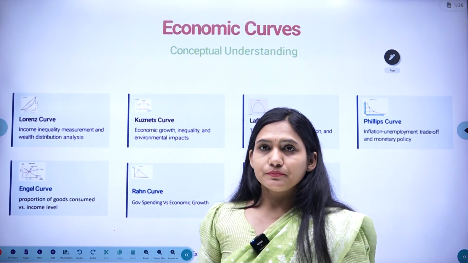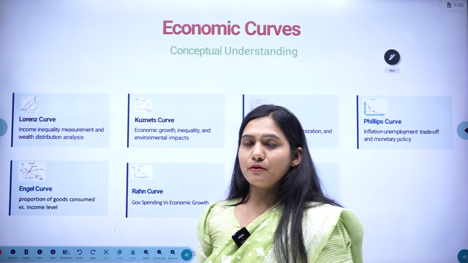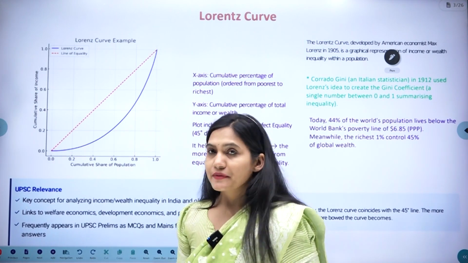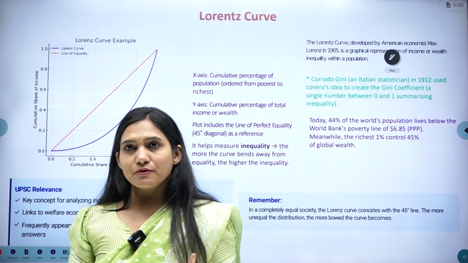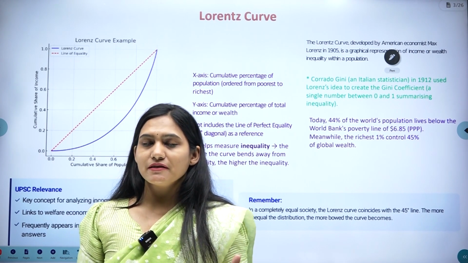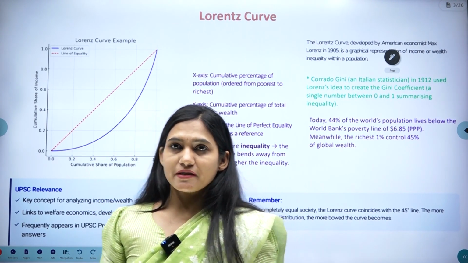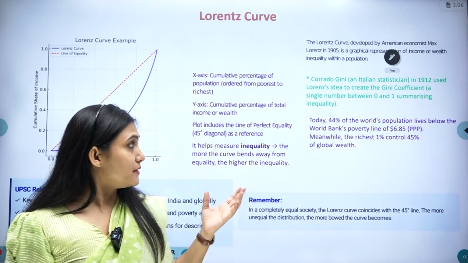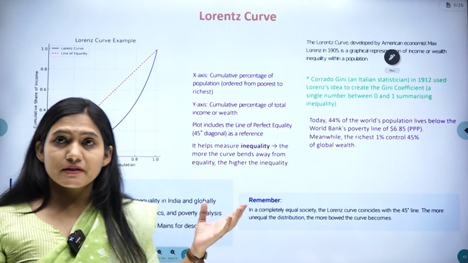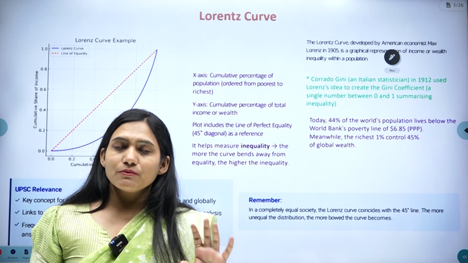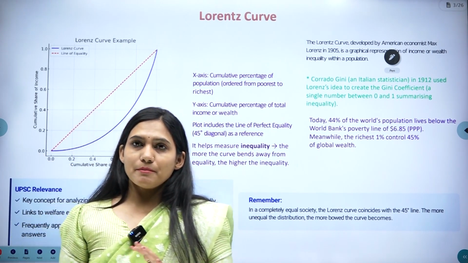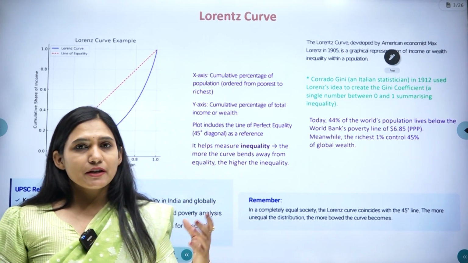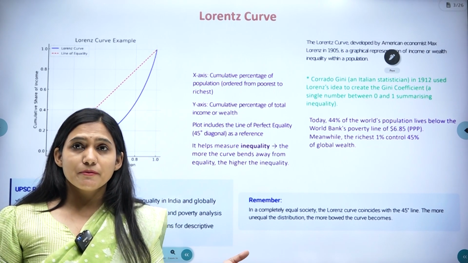First is Lorentz curve. So Lorentz curve was given by Max Lorentz. So Max Lorentz was a PhD student and he submitted this in the form of his PhD thesis. So he was not some big economist that time when he gave this idea of Lorentz curve, but later on this was well accepted by very famous economists across the world, and even later on the Gini coefficient was developed